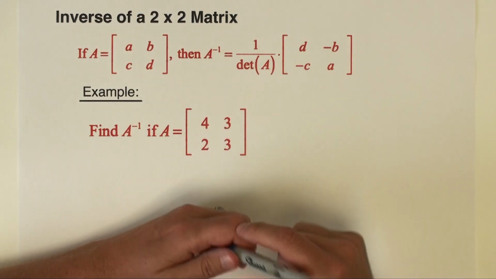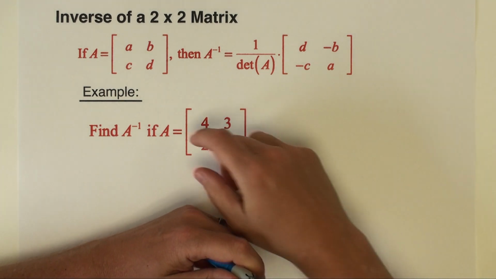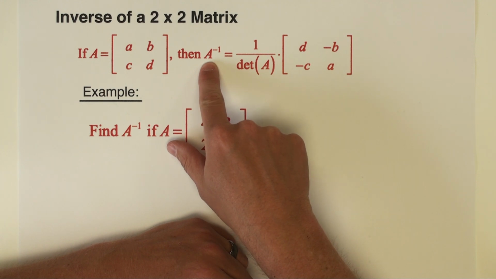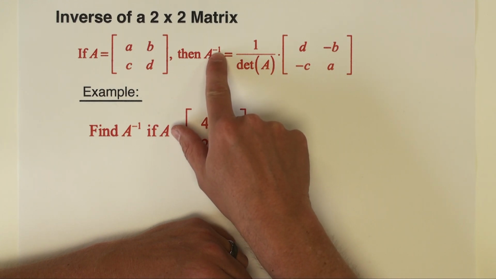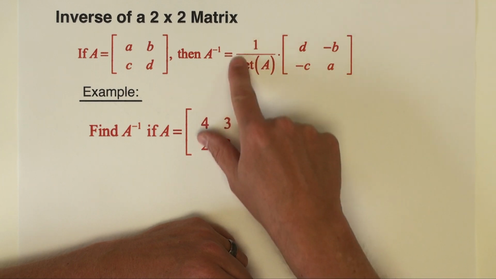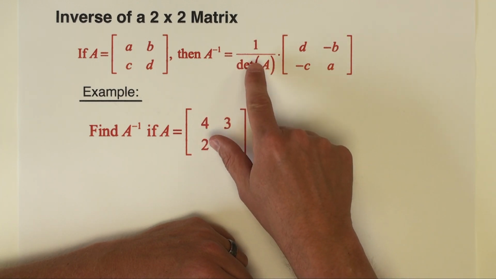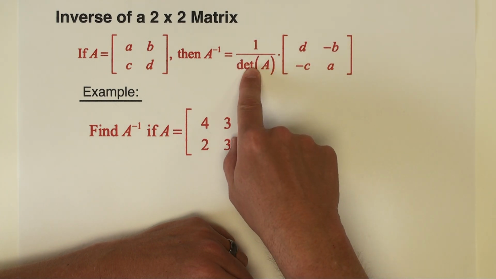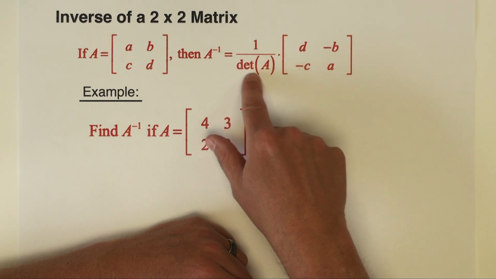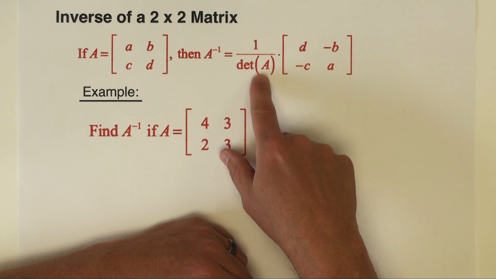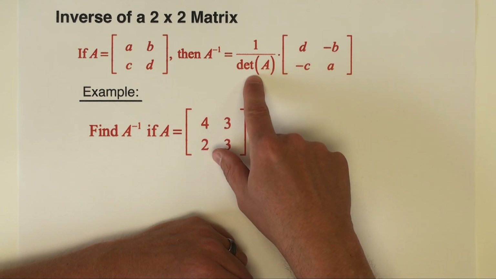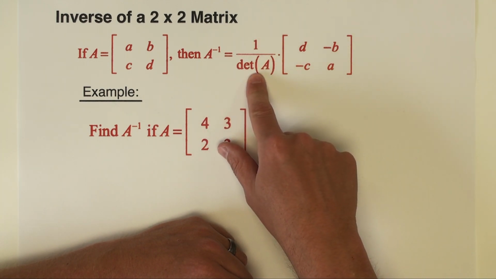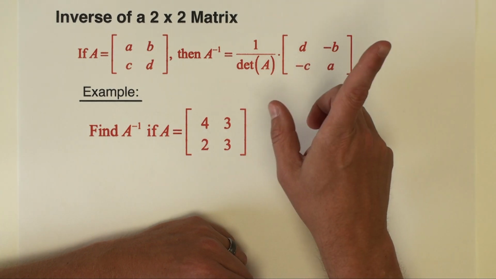So here's how the formula works. You've got this matrix A, B, C, D. We want to find the inverse. So you see this familiar inverse notation. The first thing is you have this scalar product to do. Product of this scalar times this matrix. The scalar itself has in it the computation for the determinant of this matrix. So you do need to know how to find the determinant, and we'll go over that real quick with this example problem. But you want 1 over the determinant,